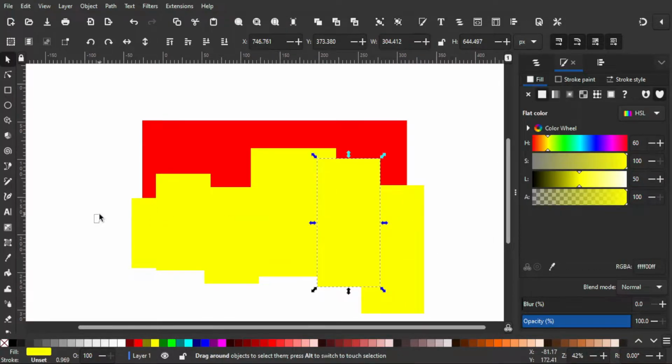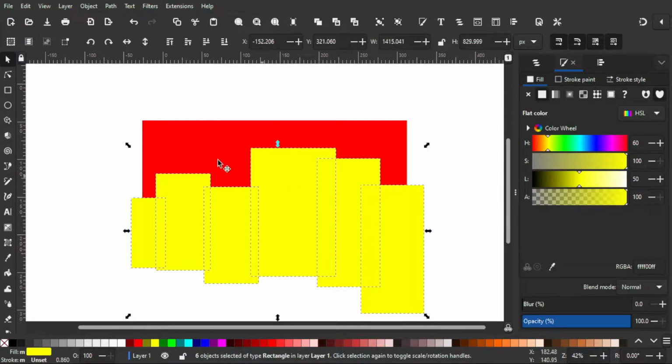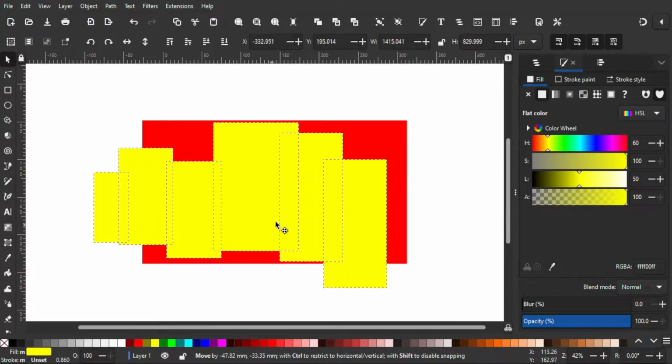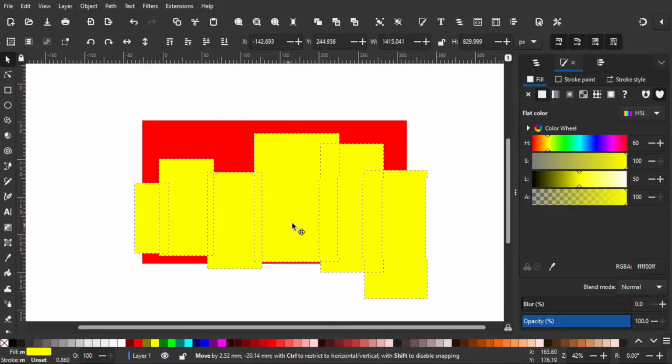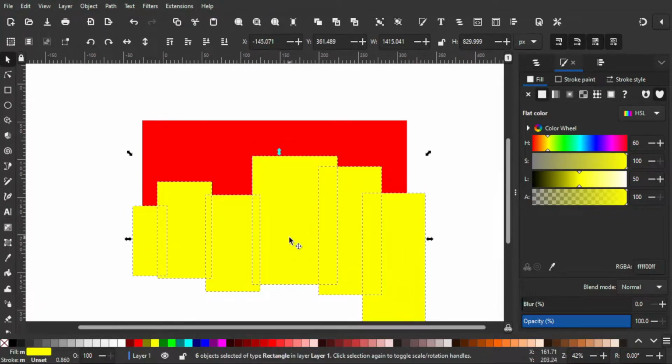After that, by using left click of the mouse, and you need to hold that, we need to block all the yellow rectangles. So we need to select them all. After that, make sure that you selected all of the rectangles, and we need to make a little adjustment right here.